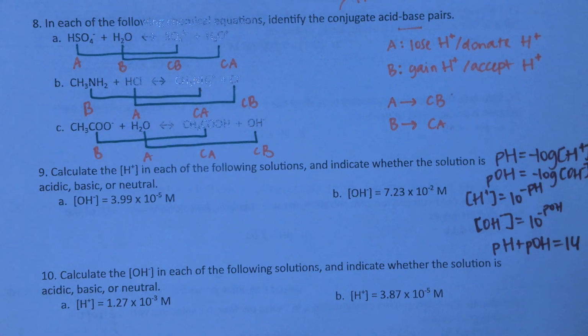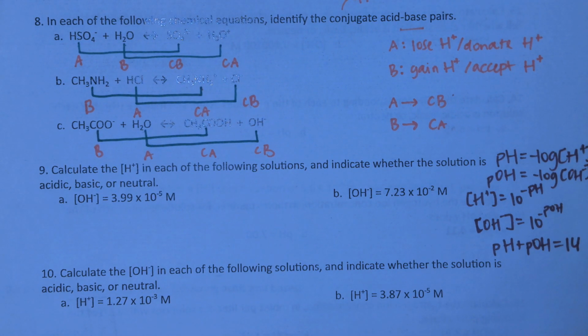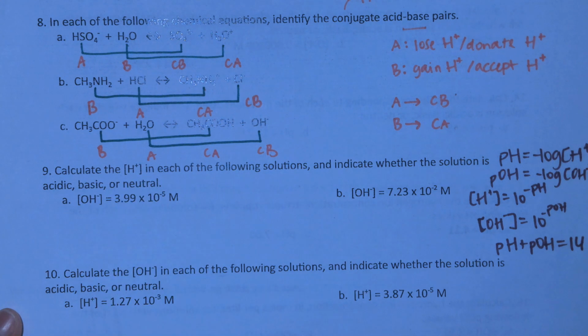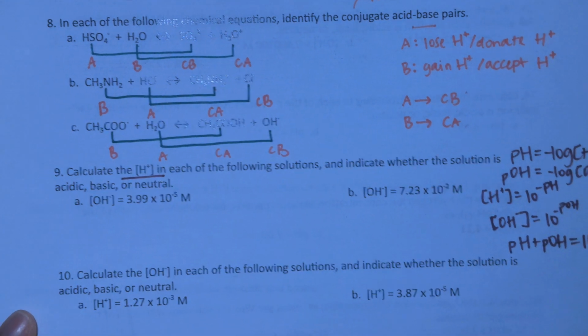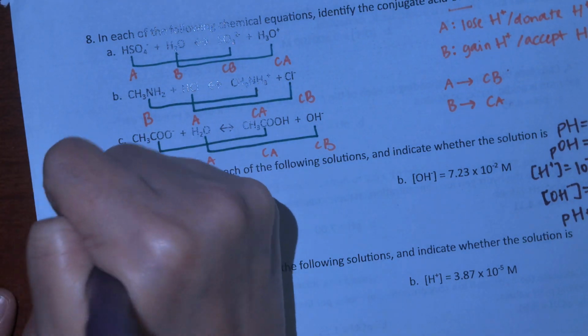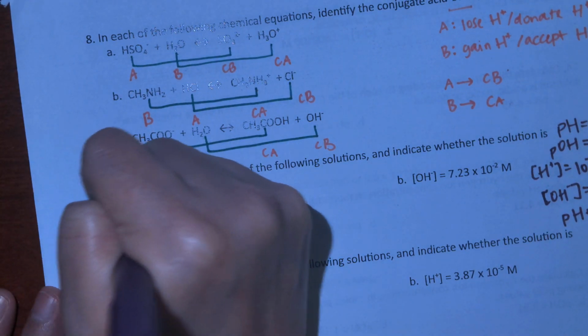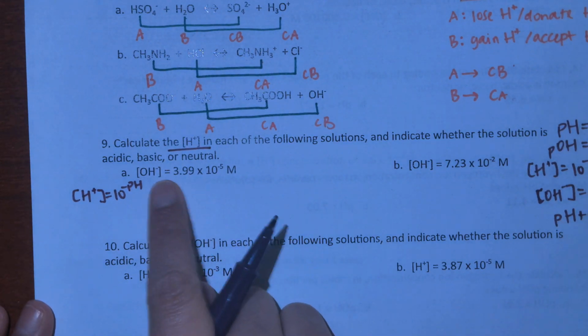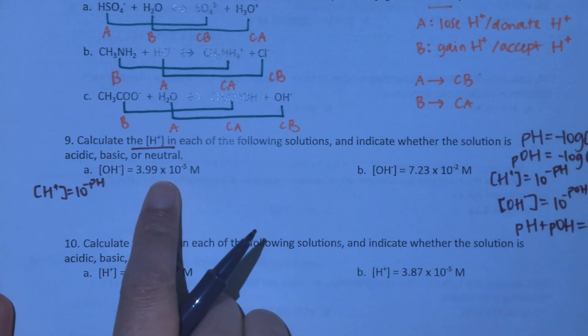Okay, so number 9, calculate the H in each of the following solutions. Indicate whether the solution is acidic, basic, or neutral. So we'll answer this second part in a second. We have to calculate the H first. That is our unknown here. So if we look at our equation, 10 to the negative pH, right? However, we have OH. What equation can we use